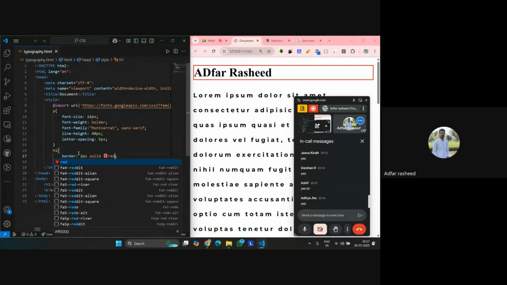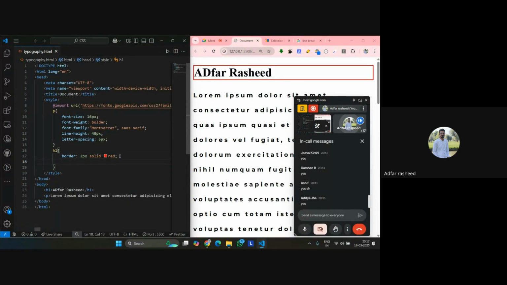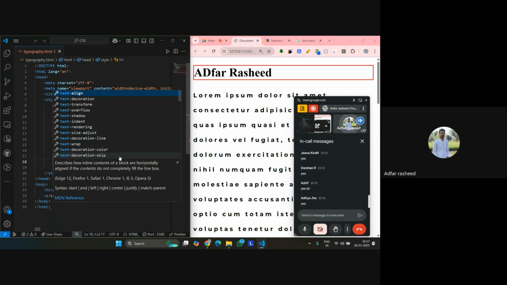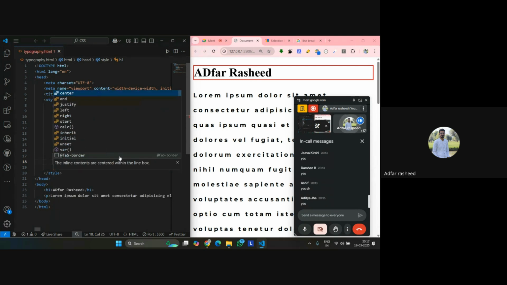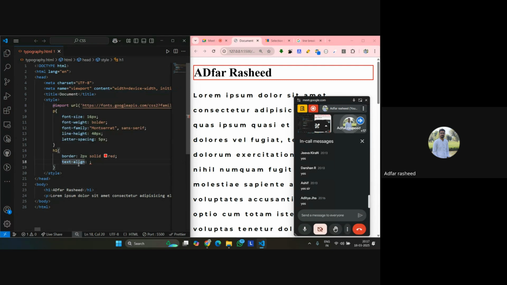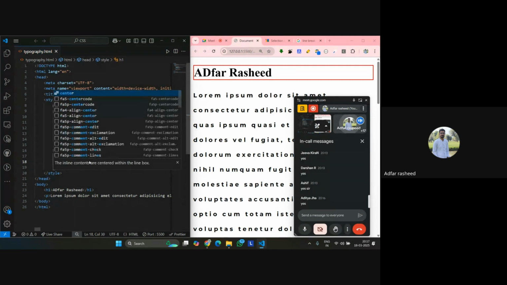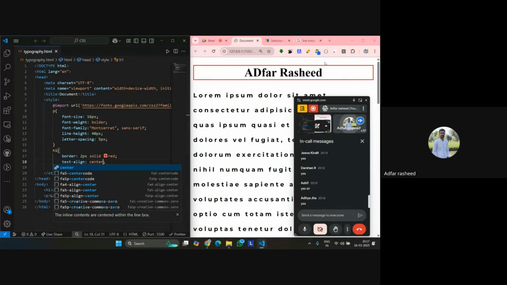Right? Now, with respect to this particular block, there's one very important property which we use. This is the most used text property: text align. How do you want to align the text? The first one is center, center with respect to its box. So if you simply want the text alignment with respect to the block that it belongs to,